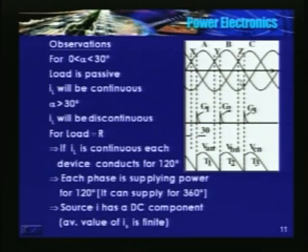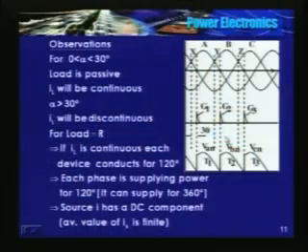At this instant, the instantaneous value of phase B becomes 0. T3 is triggered. Output voltage jumps to VCN and follows VCN, and the cycle continues. So each device conducts, even in this case, for 120 degrees,